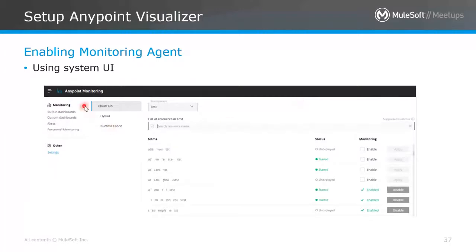So as you can see here, CloudHub, Hybrid, and Runtime Fabric, all options are coming. So how can you enable this monitoring agent? There are two ways to do that. One is using the system UI, and another one, which I was telling, is to do it from the properties. So to do it from system UI, you need to